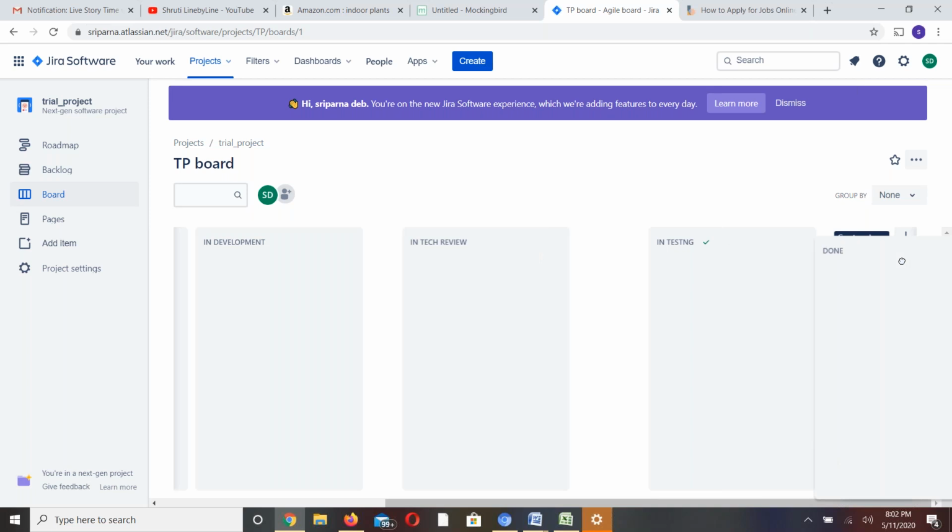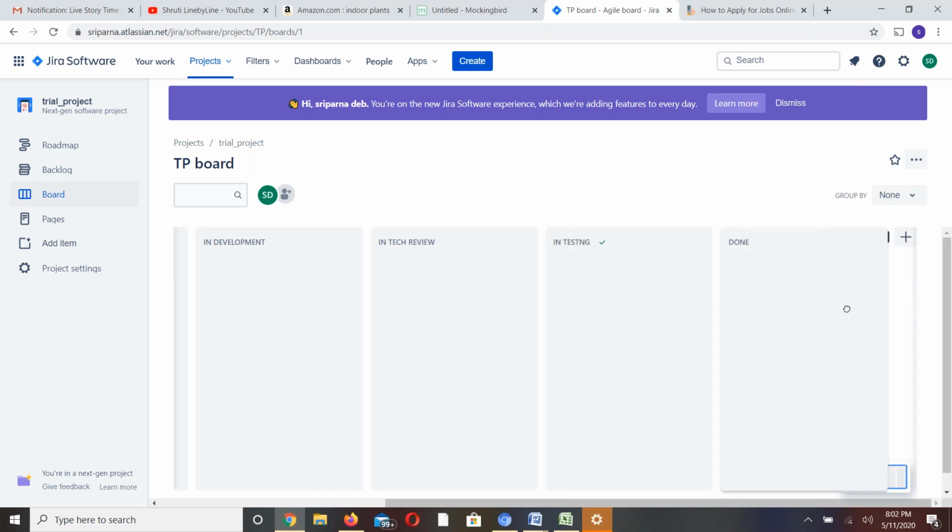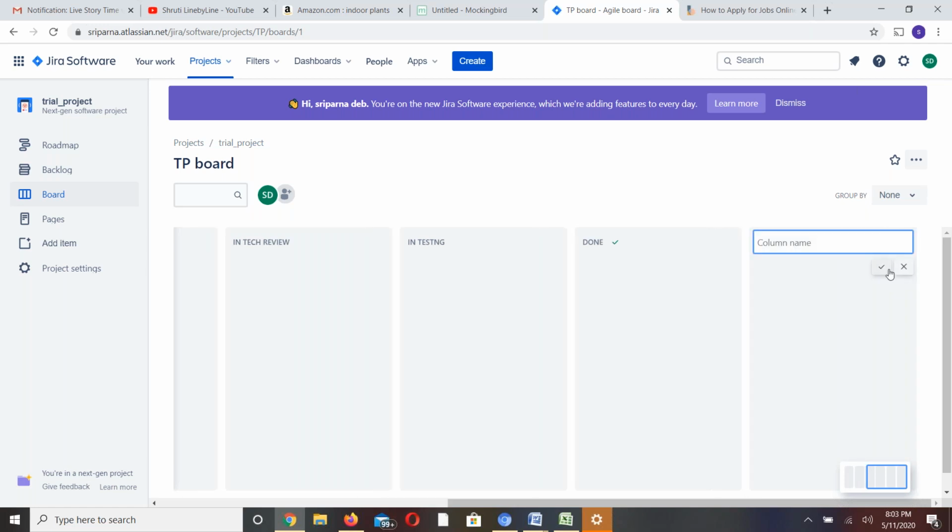Once the development is done, it goes into in tech review, then in testing. After testing there is one more status called verified or resolved status. Resolved, and then completed, the done status.